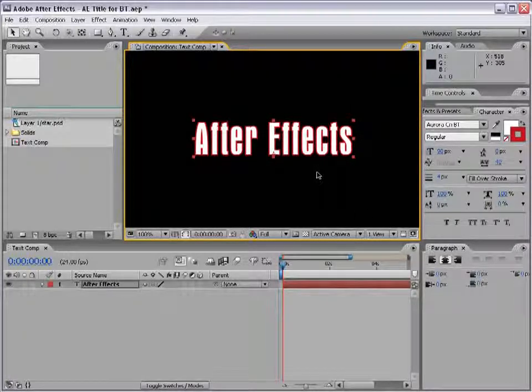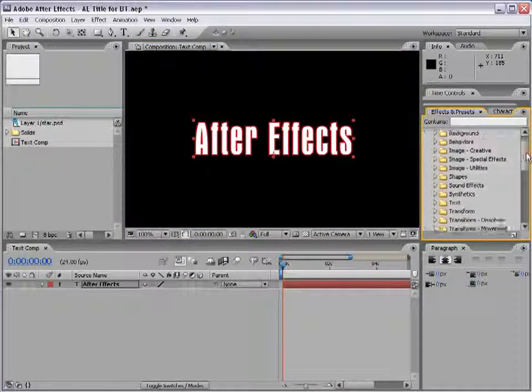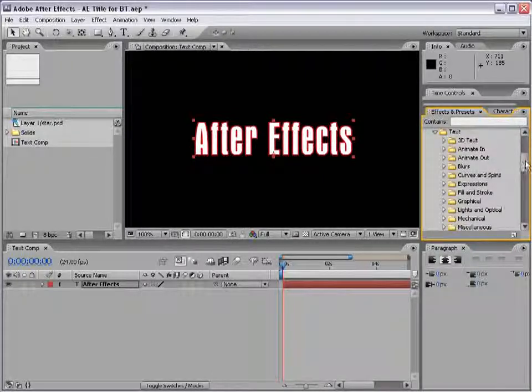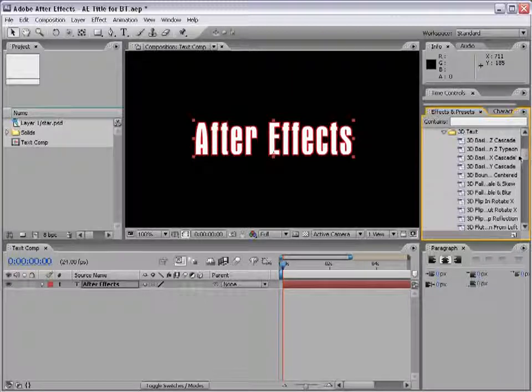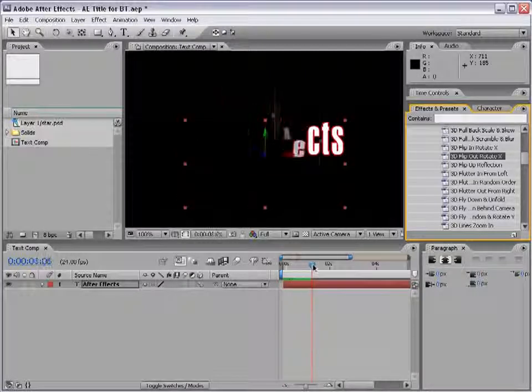Now, After Effects comes with a lot of text presets. So what are text presets? Well, let's go to our Effects and Presets tab, and then we'll go down the Animation Presets, scroll down, Text, and then we can scroll that down, and there's a whole bunch of presets, like probably, let me see, I counted them the other day, there's like 80 billion. And what you can do is kind of go through it, pick one that you like, drag it out right onto your text, either in the composition or in the timeline, and wherever your current time indicator is, that's where